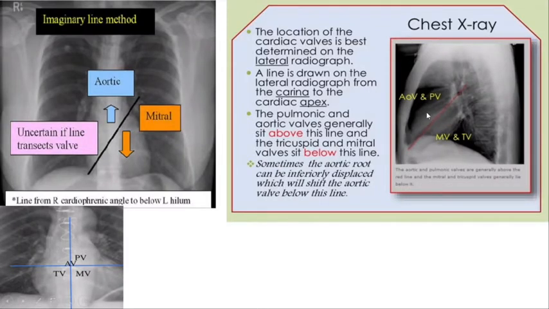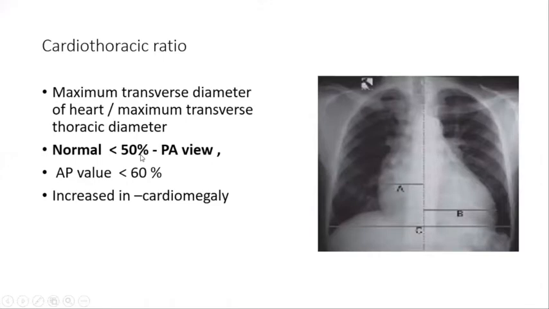There is also one consensus to draw the horizontal line to separate the aortic bulbs from the pulmonary bulbs, the mitral valve and tricuspid bulb. But at least keep in sense that the aortic bulb is superior to this line and the mitral valve is inferior to the line. It is very essential.